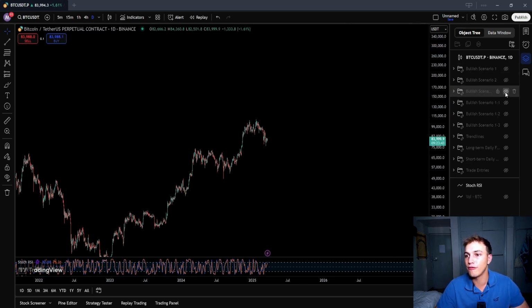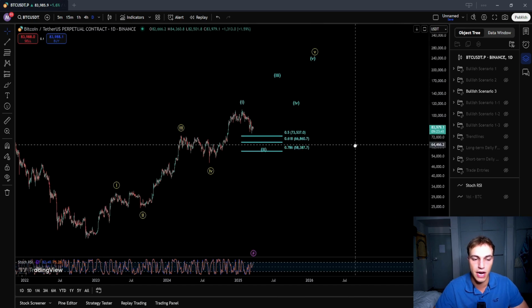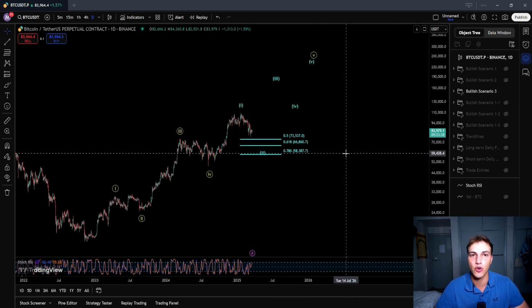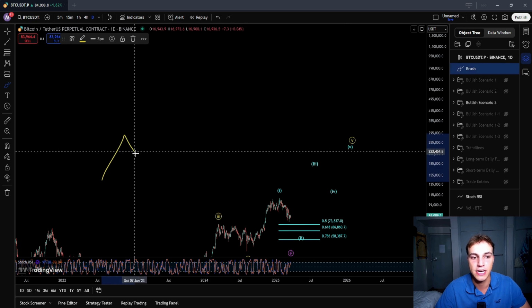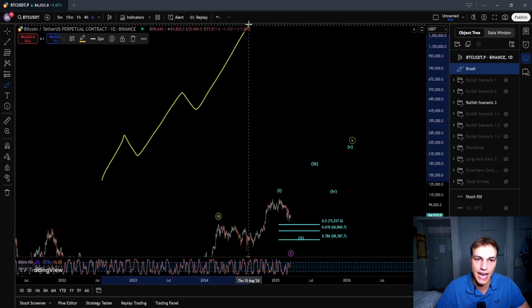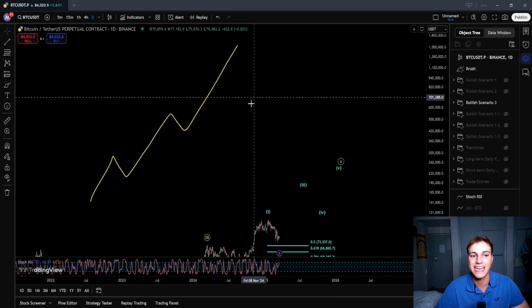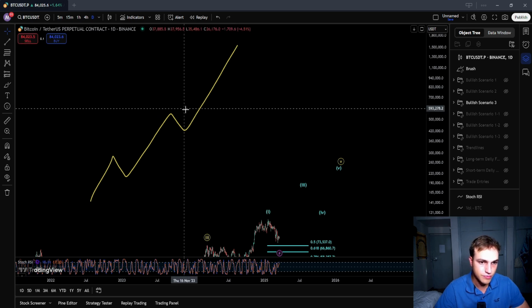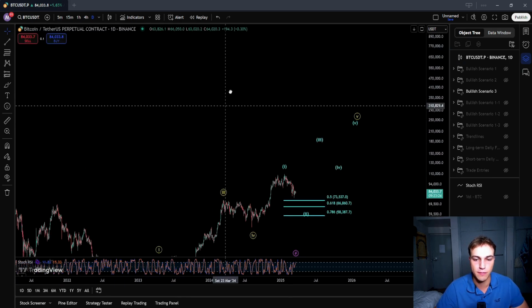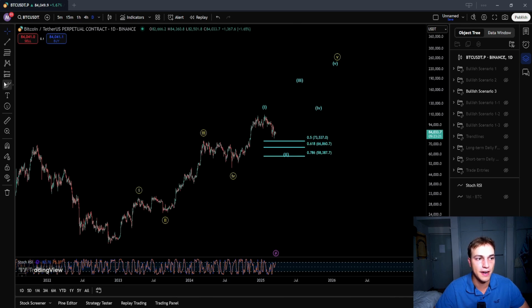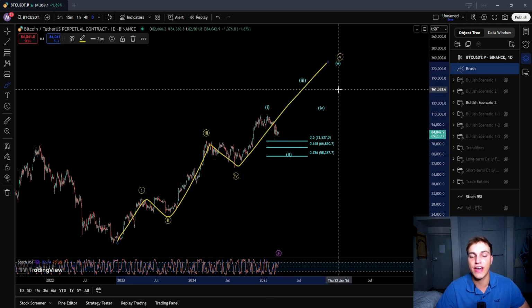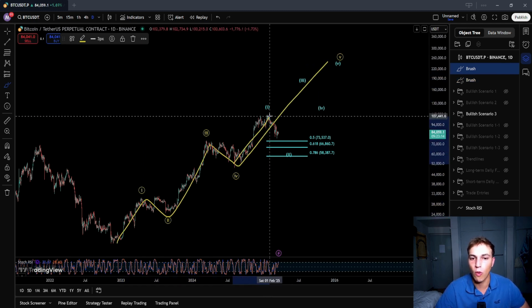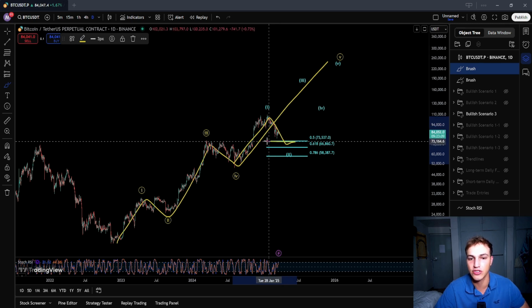Then for our final and most probable scenario, in my opinion, is this extended wave 5. So in cryptocurrency, oftentimes we see a 1, 2, 3, 4, and then a wave 5 that does indeed extend. So if we look at price action at the moment, we are looking at a 1, 2, 3, 4, and a wave 5 that indeed extends, with a 1 that we have completed now, a 2 coming down possibly into this target range of